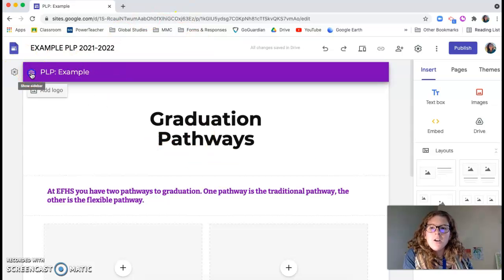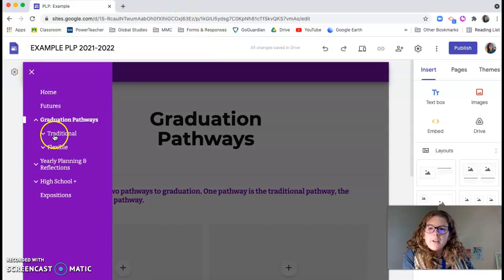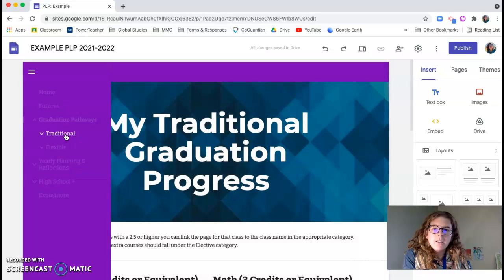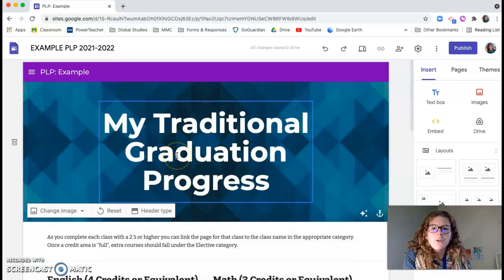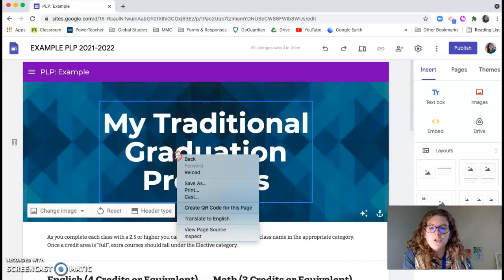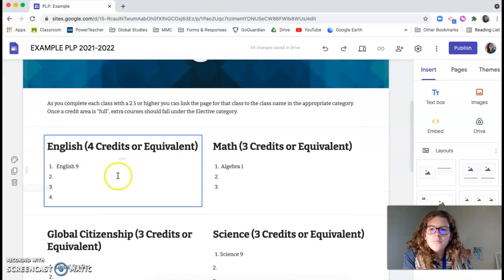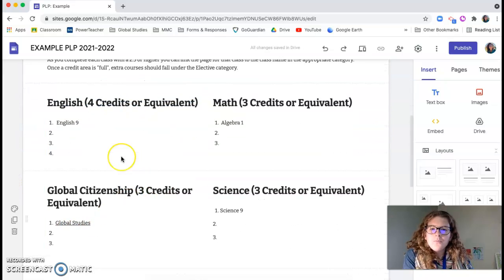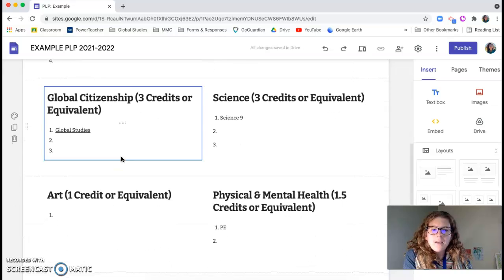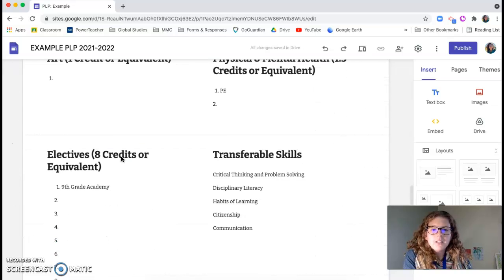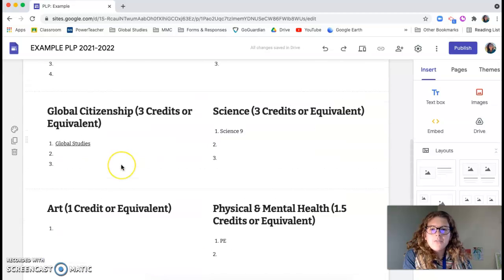So this is the home page, but if you click the drop-down arrow, you'll also see traditional and flexible. So there is a page for each of those different pathways. And so if you're in a class and you're wanting to upload information, go to traditional, click on the word traditional, and it'll bring you to the My Traditional Graduation Progress page. So once I can scroll,